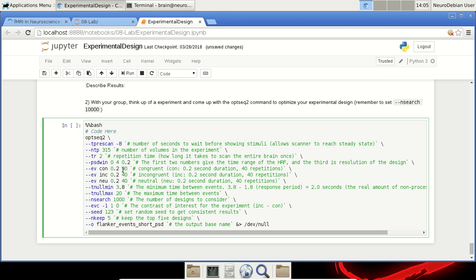Each of those congruent trials essentially takes 2 seconds. So we'd take 2 seconds times 40, which would be 80 seconds. And 80 seconds represented in TRs, since they're 2 seconds each, would be 40 volumes. So if we were to do 40 volumes, 80 volumes, 120 volumes, we actually have